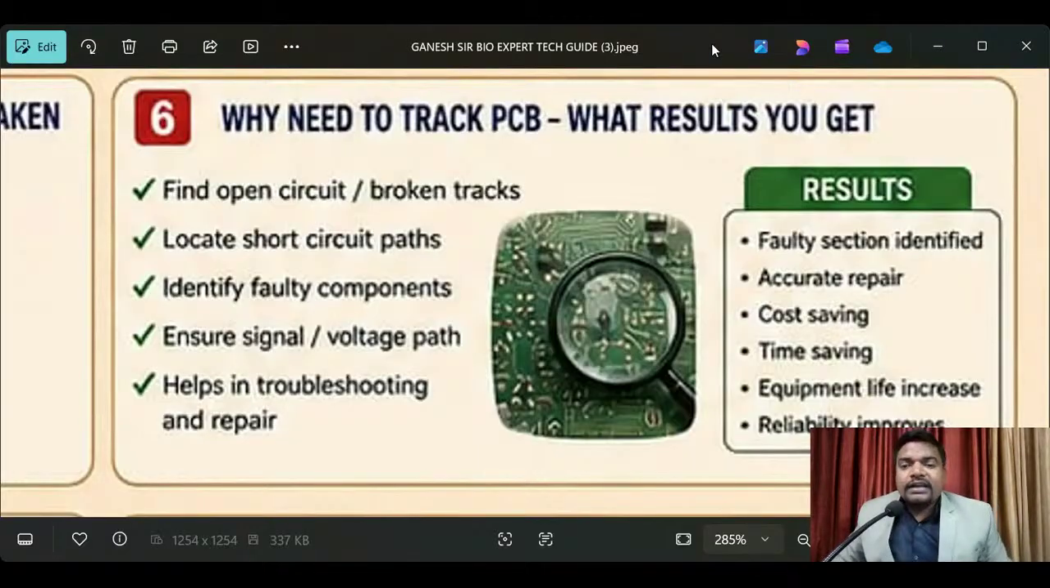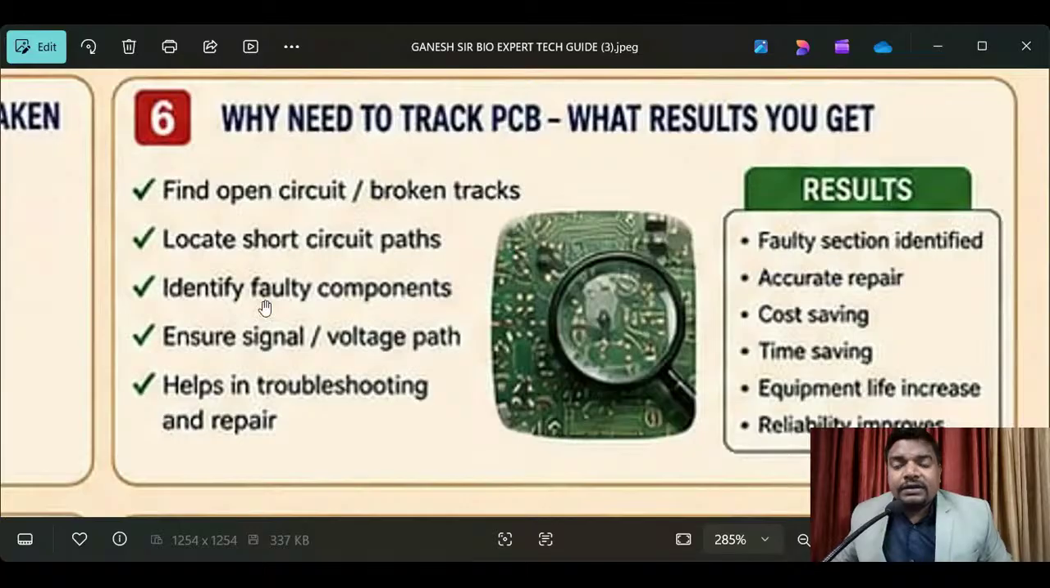Come on, my dear engineers and students, listen carefully. Now, why do we need to trace the PCB? What results do you get? I will tell you. See here: find open circuits or broken tracks, locate short circuit paths, identify faulty components, ensure the signal and voltage path, and help in